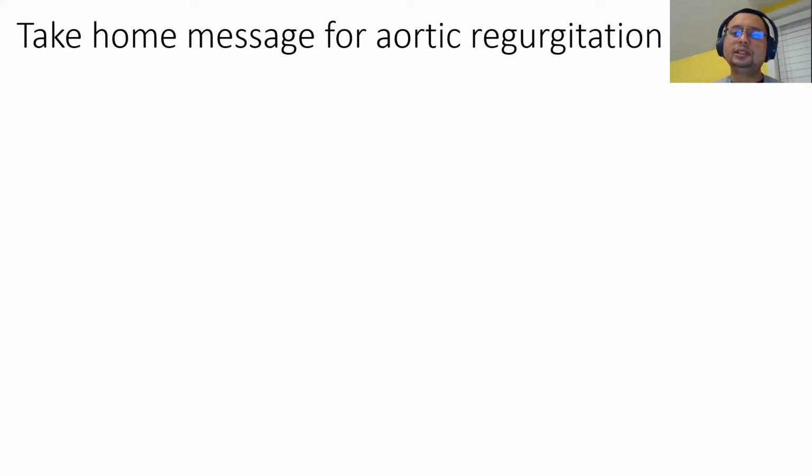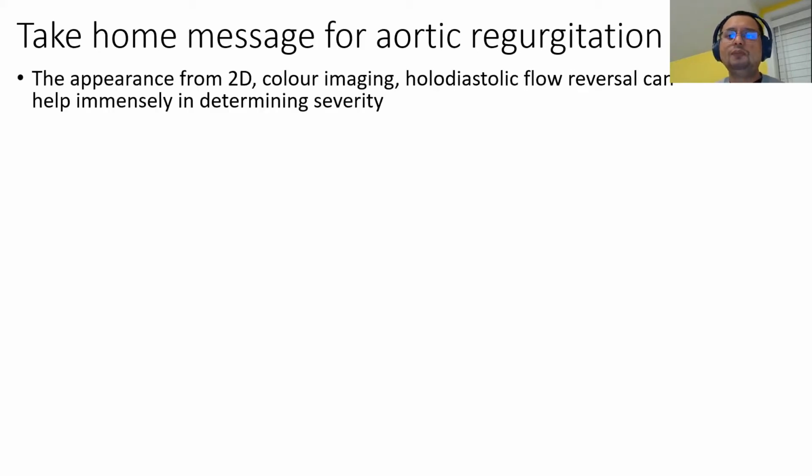The subtle difference between severe aortic regurgitation and severe mitral regurgitation: in one, we have to be very careful to send for operation; in the other, we have to be very aggressive. And I've shown you multiple examples of different etiologies of aortic regurgitation. So my take-home message is to pay careful attention to the appearance from 2D echocardiography. Remember the appearance of the anterior mitral valve leaflet that I have shown you over and over. Remember holodiastolic flow reversal as a specific sign of severe aortic regurgitation, especially in the more distal aorta.